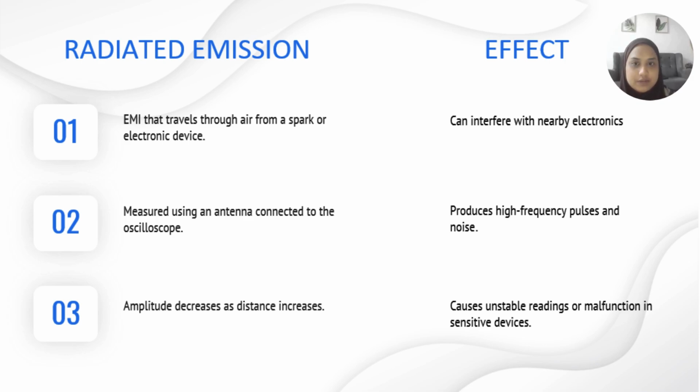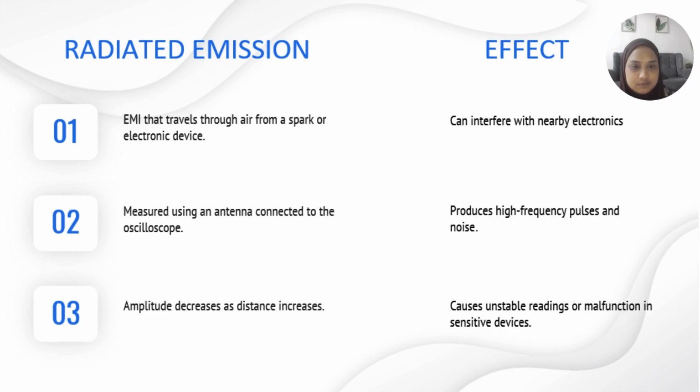Okay, now I will explain about radiated emission. First, EMI that travels through air from a spark or electronic device. Second, it is measured using an antenna connected to the oscilloscope. Third, amplitude decreases as distance increases. For the effect, it can interfere with nearby electronics, produce high frequency pulses and noise, and lastly cause unstable readings or